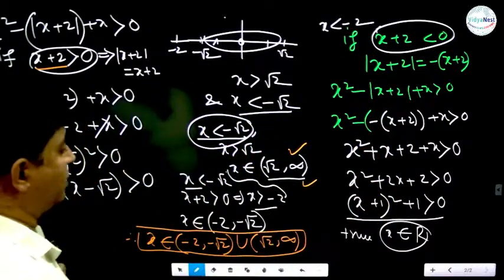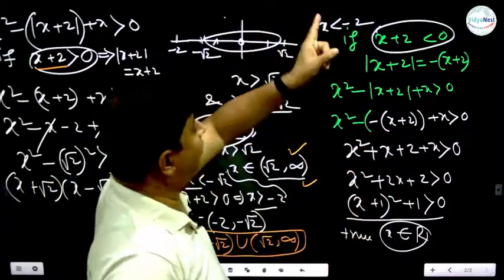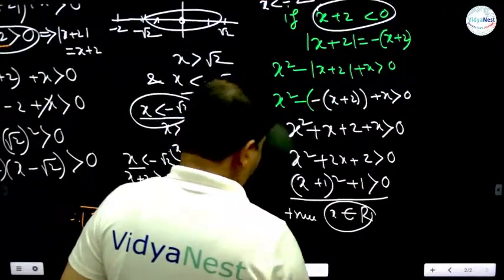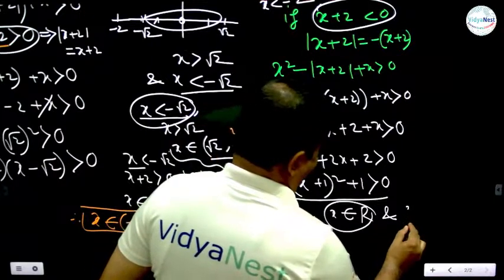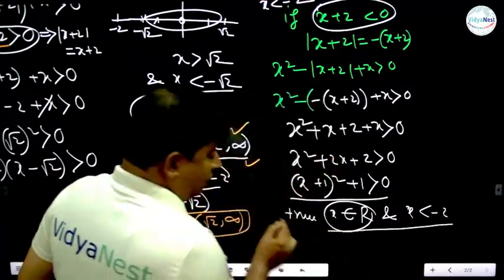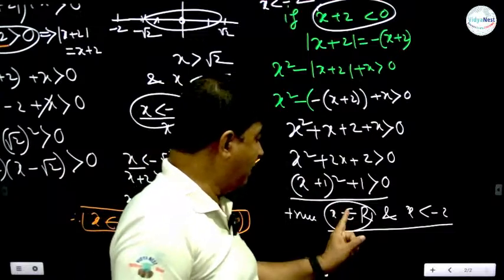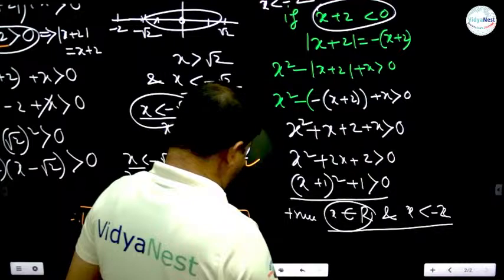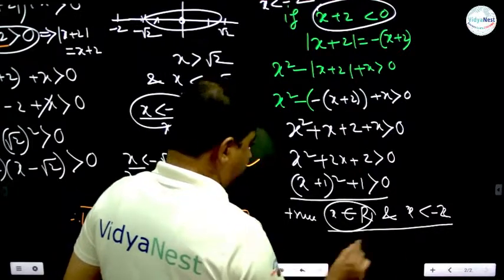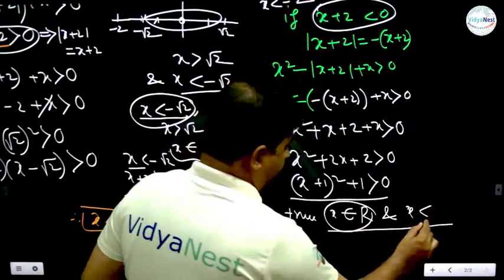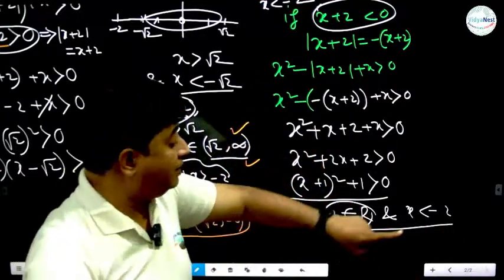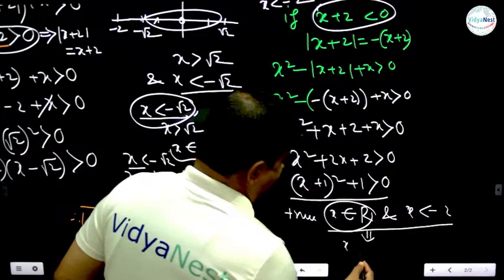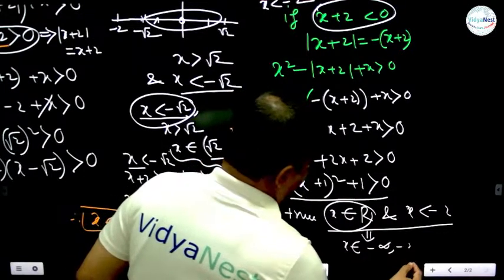So how to combine these two? x real number and x less than -2, इसका कंपोजिशन क्या है? सो इसका कॉमन रीजन क्या है? All real numbers which are lesser than -2। ठीक है, तो ये दोनों को मिला के हमको मिलेगा -infinity to -2।